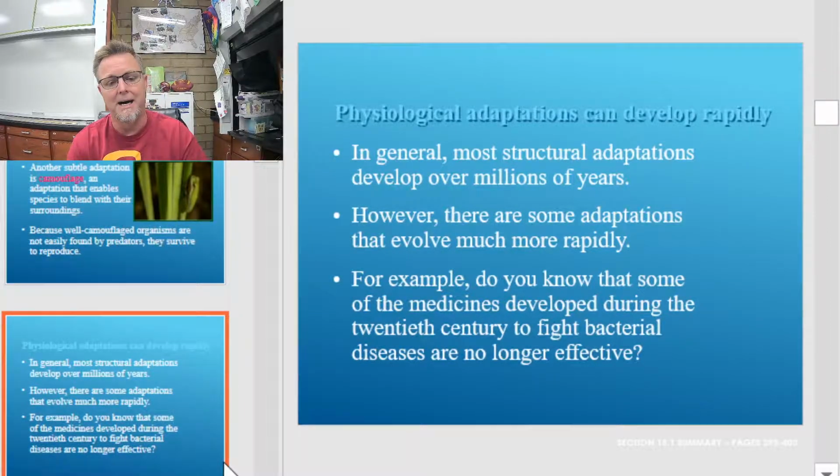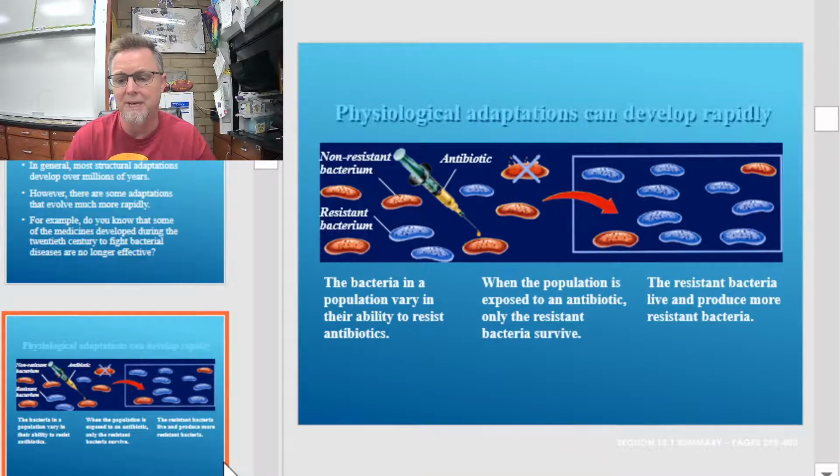All right. The last one that I want to share with you is physiological adaptations. And this is one that occurs in bacteria. Bacteria can evolve really rapidly because they have a really short generation time, literally measured in minutes. And probably the best example of bacterial evolution is in the development or evolution of antibiotic resistance. I'll bet everybody watching this video has had to take an antibiotic at some point in their life. When you take your antibiotic, if you take into consideration what the antibiotic does to the bacteria, you'll understand this